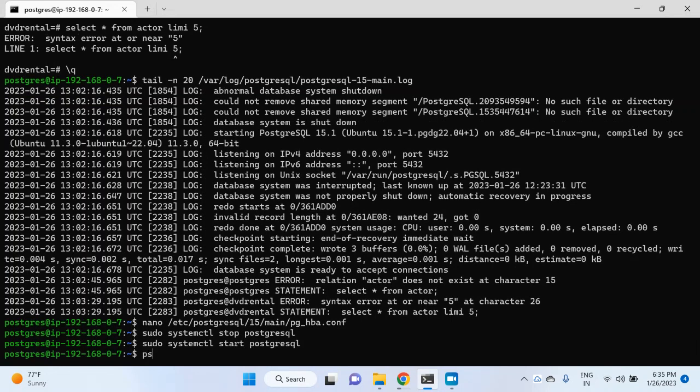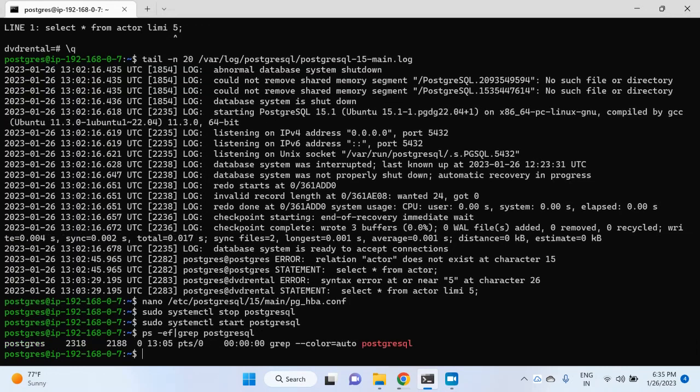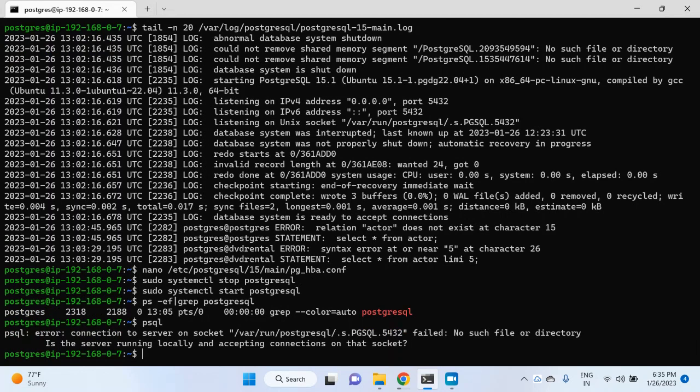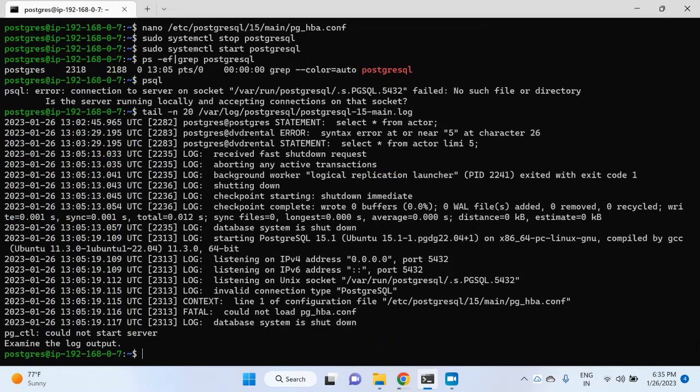Okay, now if I type ps -ef grep PostgreSQL, here you can see PostgreSQL is still not running. Now if I try to connect to PostgreSQL, I will not be able to connect because the instance is not yet up. So let me go ahead and now read my error log file. Okay, so this is my error log file and I am reading the last 20 rows. These will be the most recent 20 rows, and here you can see